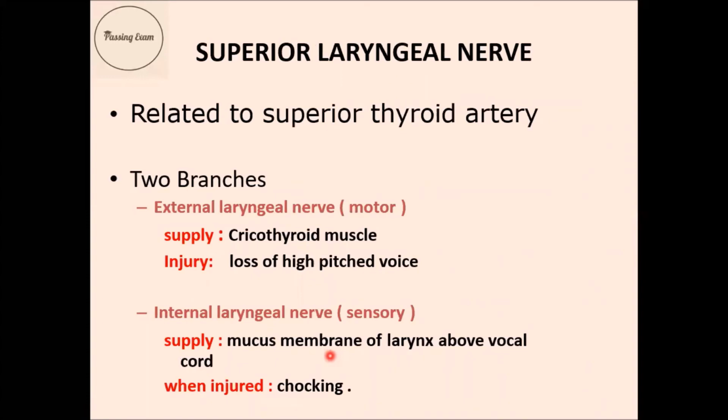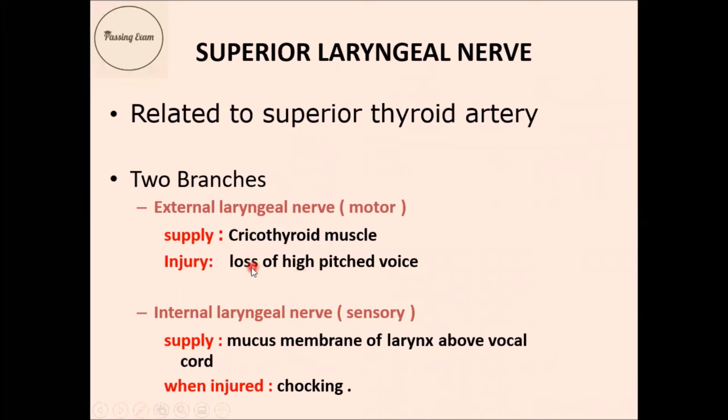There are two very important nerves which are in relation to thyroid gland, and they are very important from surgical point of view. Superior laryngeal nerve is related to superior thyroid artery, and it is located in the upper pole of the thyroid gland. It gives two branches: external laryngeal nerve and internal laryngeal nerve. External laryngeal nerve is a motor branch, and it supplies cricothyroid muscle, and injury of this nerve causes loss of